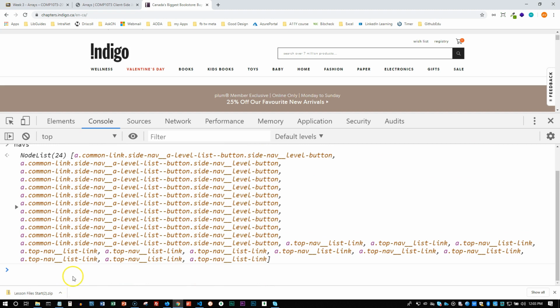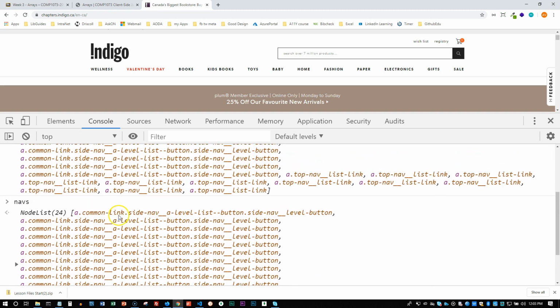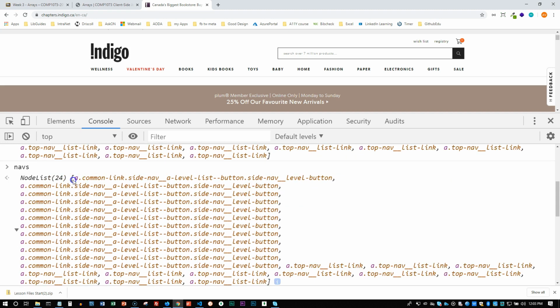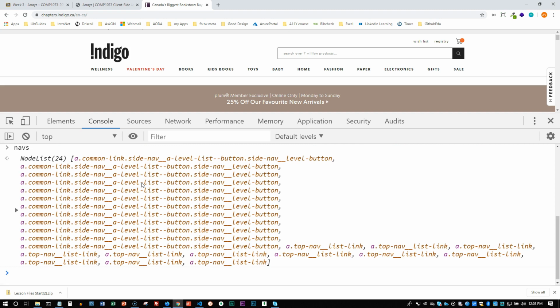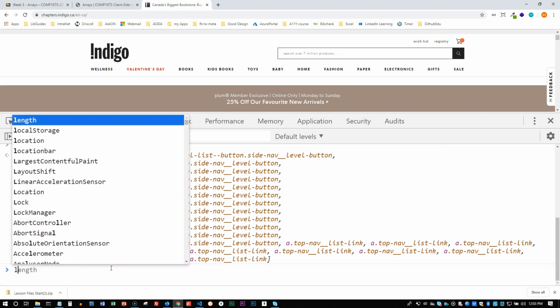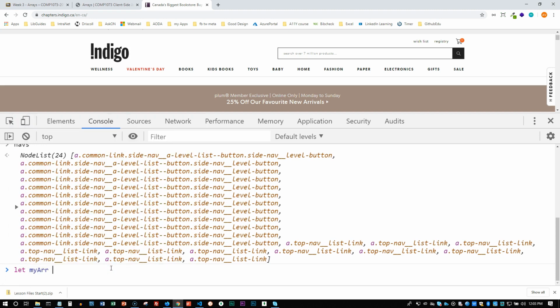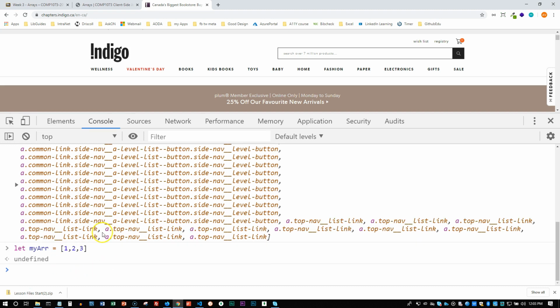Is this an array? Looks like an array, has a square bracket, but it's not an array because it says it's a node list. A node list is different from an array. Let me show you why it's different from an array. Let me show you what a real array looks like. Again, my array equals 1, 2, 3, for example. Whenever you create an array,